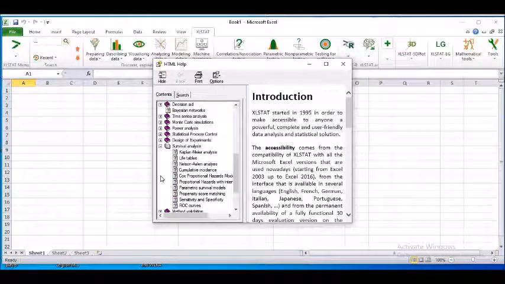Then you have got statistical process control is also there. Now once you go ahead and click on the statistical process control, you would be able to understand what kind of things they are talking about, like subgroup charts. Now subgroup charts, if you remember, in meta-analysis they play a lot of important role, so have a look at it.